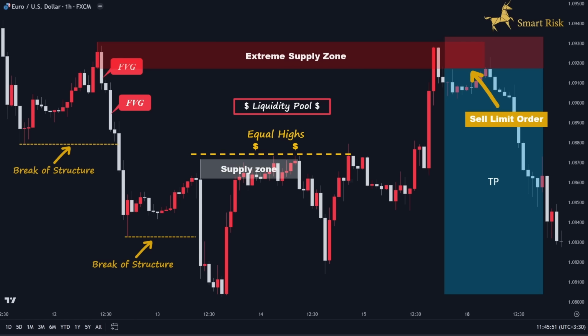Ultimately, we would set our entries at the lower time frames to achieve a better reward-to-risk ratio thanks to the tighter stop-loss. This was the perfect example of the optimum trading setups that I am always looking for to enter a position in the market. The same concept applies to the bullish scenario. Now, let's delve into the next trading scenario.